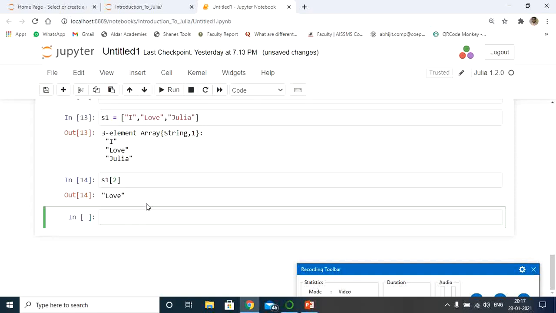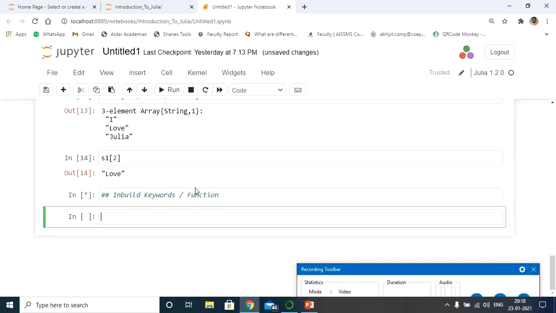In the same way, there is another technique which is supported in the Julia programming language. We can have arrays of functions also. Let me write in comments: I want arrays of functions. So let's try to have one more array. Let's say f1 is going to be the variable name here.